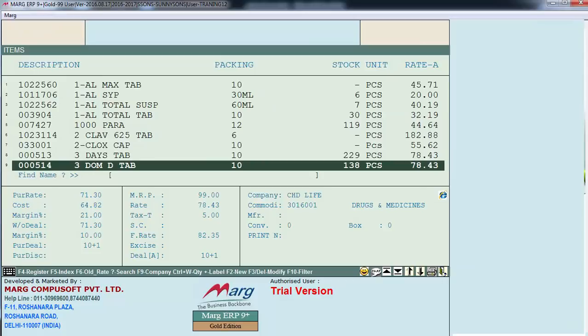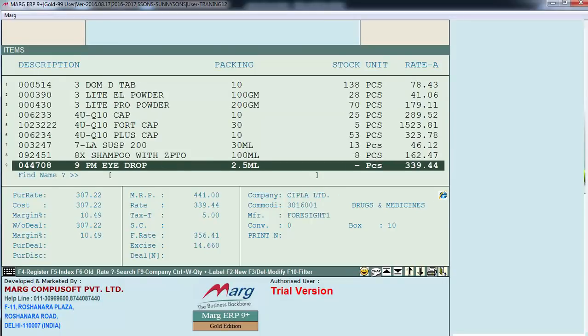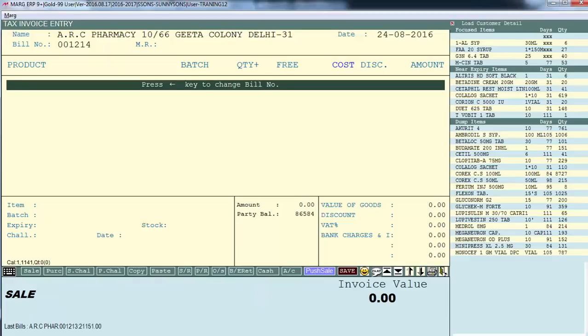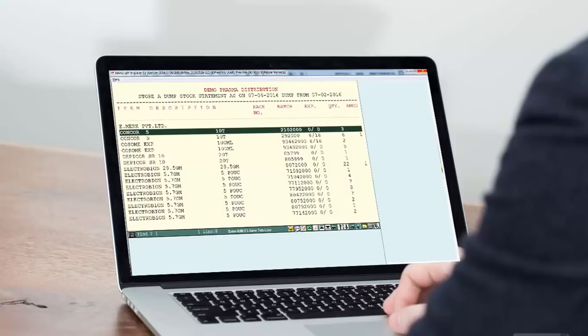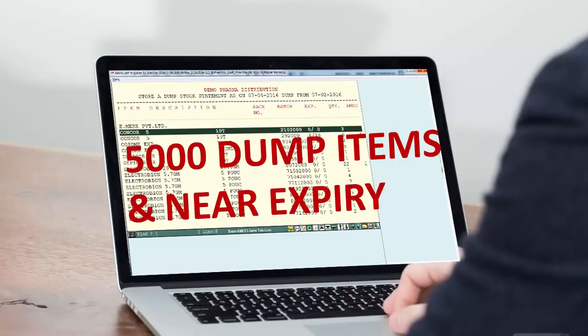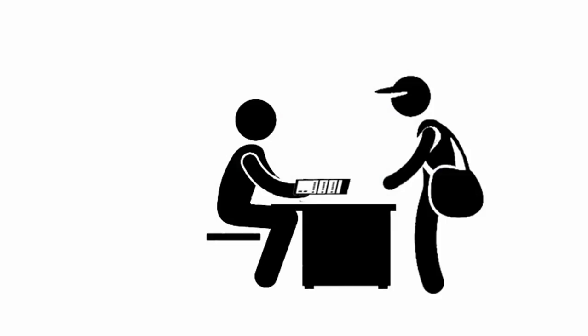Some parties' data is less, means they only have a small number of items created in their software. Some parties' data is more, means they have thousands of items created in their software. So it's not possible that the software displays all the dump and near expiry items on the dashboard at once. Like let's say a supplier deals in 10 to 15,000 products. Out of those, 5,000 products are dump and near expiry. So what he does is, he generates a list of all those 5,000 products and hands it to his operator and tells them to promote it for sale.